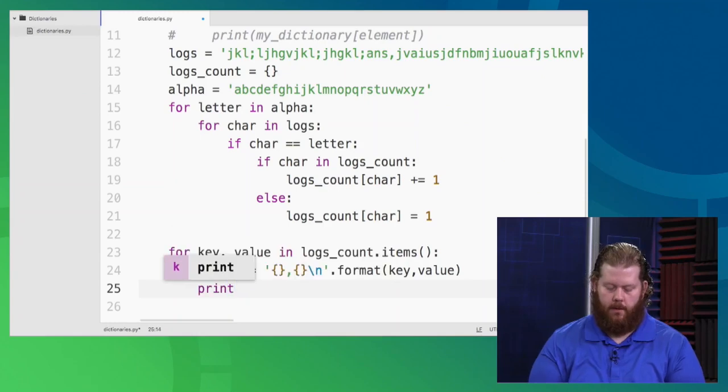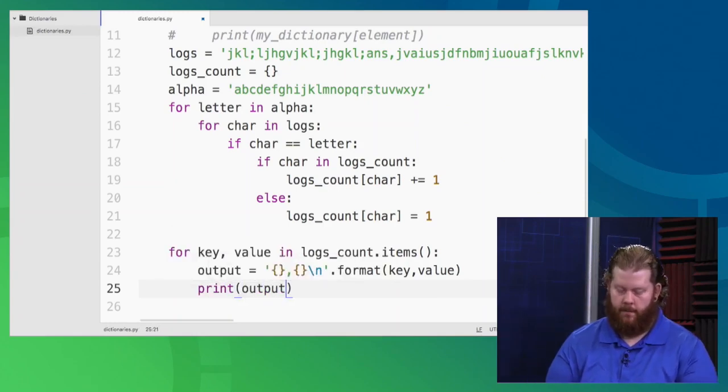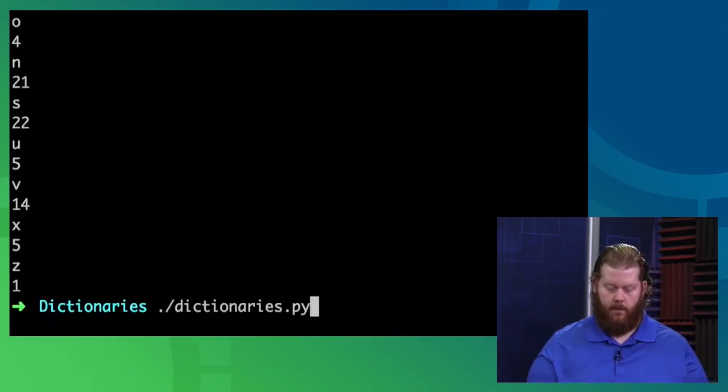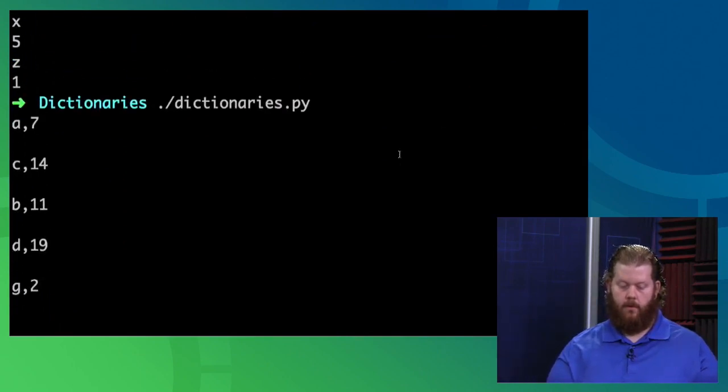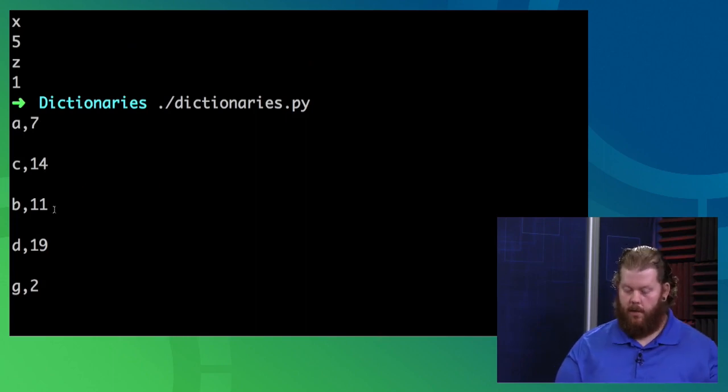So I'm going to print the output, and let's see how that works. Ooh, so now I get A, 7, C, 14, B, 11.